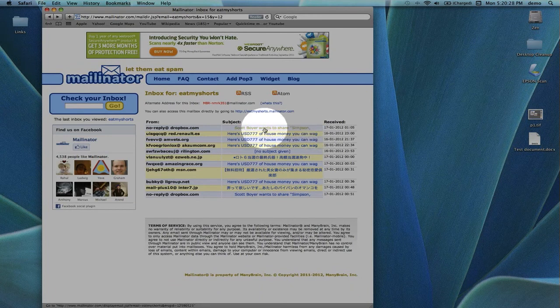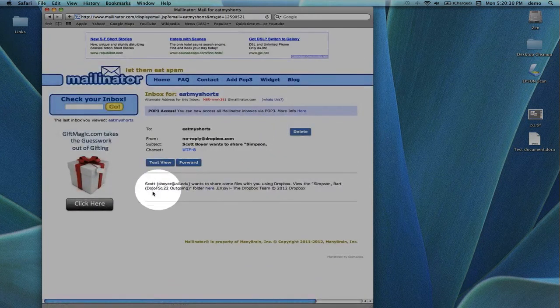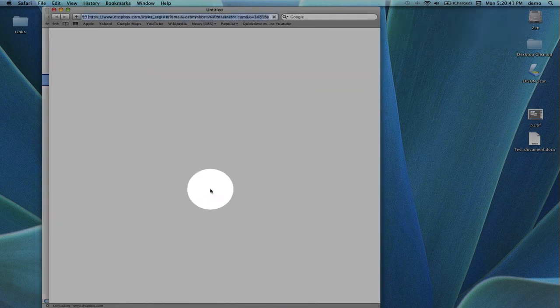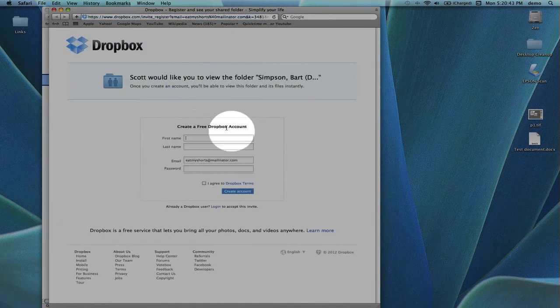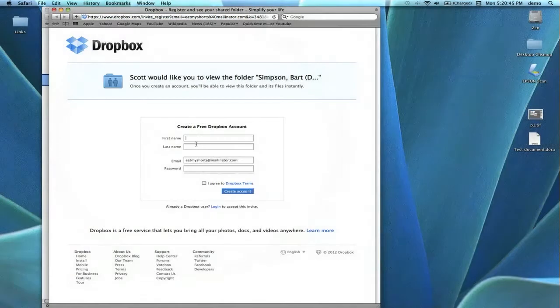So I'll click on this mail first of all. And it isn't really obvious where you should click here in the body of the email, but there's a thing that says view the Bart Simpson folder here. So click on that link right there, and that will take you to, oh, it wants me to sign in with Dropbox. So I'll put in Bart Simpson,